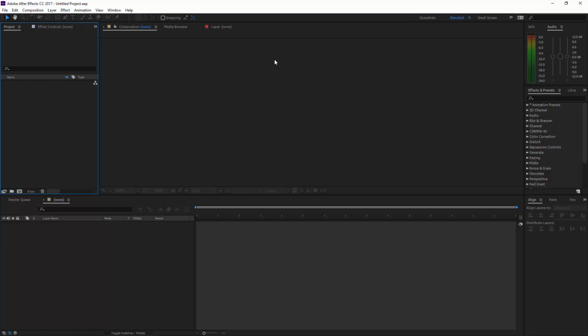I'm also using the latest version of Illustrator CC. So if you have a previous version, the layout may be a little bit different, but all the effects we're going to use are going to be the same, and all the techniques we use, you can apply them right there. Once you have opened After Effects, you're going to double click here on this project window